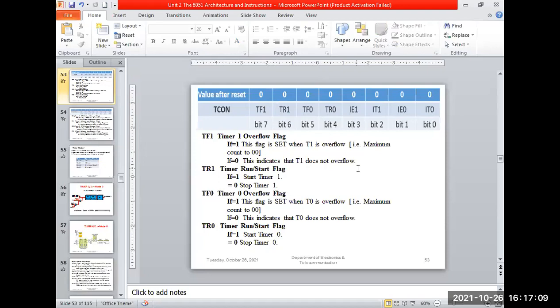Okay, so if we look at the instruction, I'll write it, see: SETB TR0. What does it mean? If this bit is equal to 1, at that time timer 0 will start. Timer 0 will be turned on. And if this bit is 0, the timer stops. Which timer? Timer 0 will stop. And when the count value loaded in timer 0, for example FF, an 8-bit value, is finished, at that time this TF0 flag overflows and it will be raised. That means the timer 0 overflow flag.